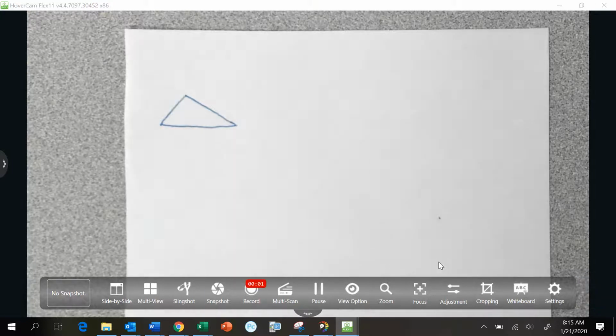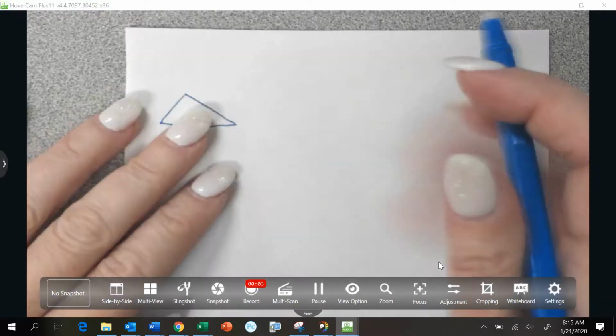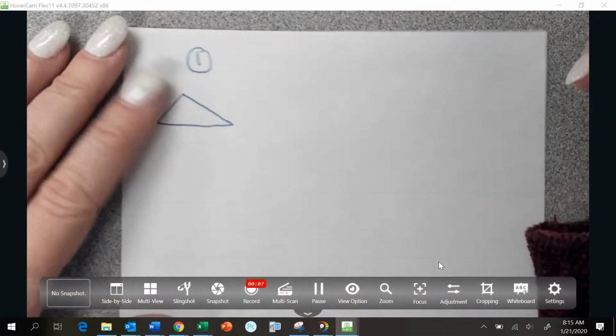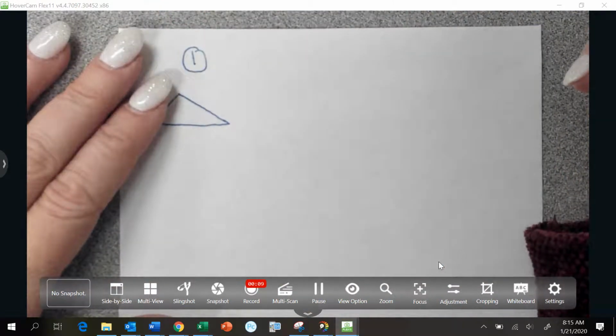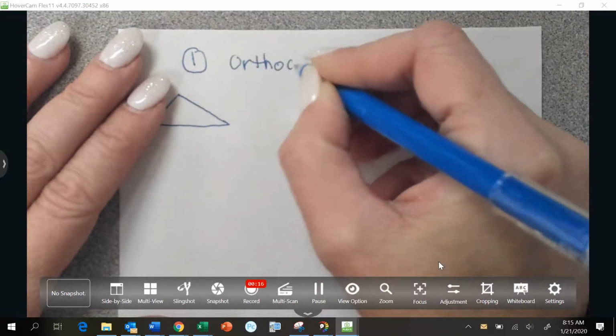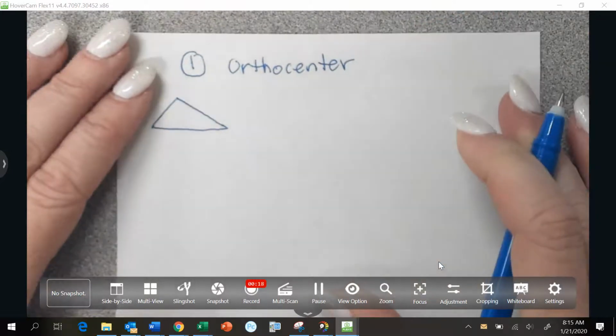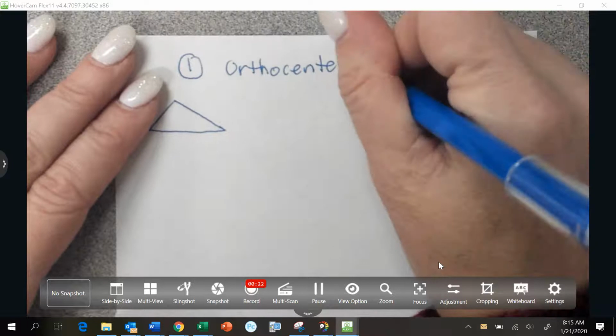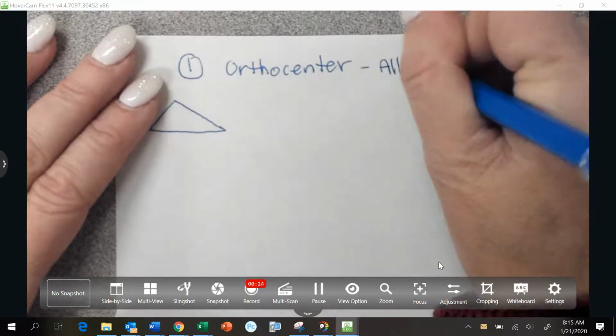Four points of concurrency. Somebody tell me one of them. What? I mean, the orthocenter. Okay, let's start with the orthocenter. That is the point of concurrency when you connect all three